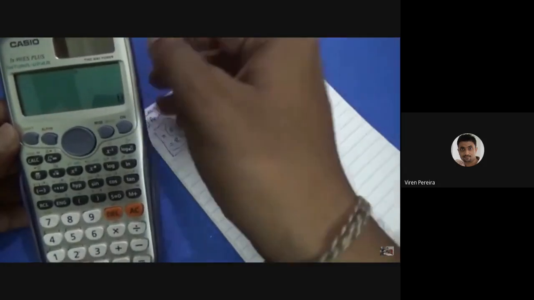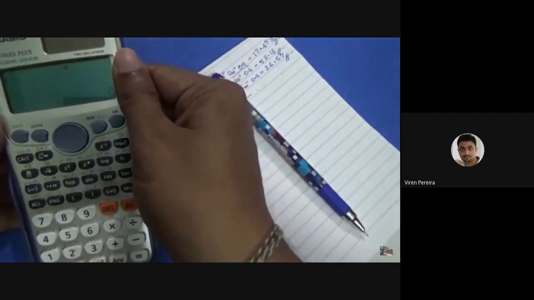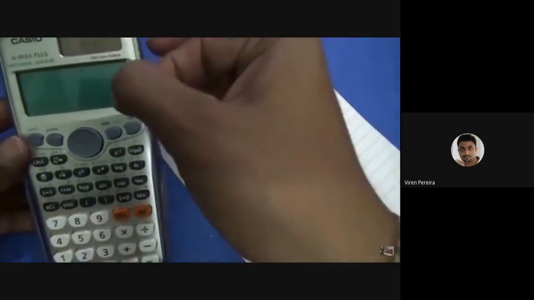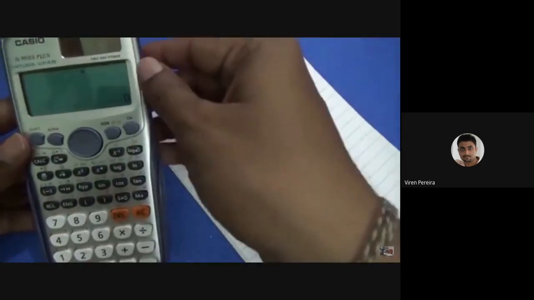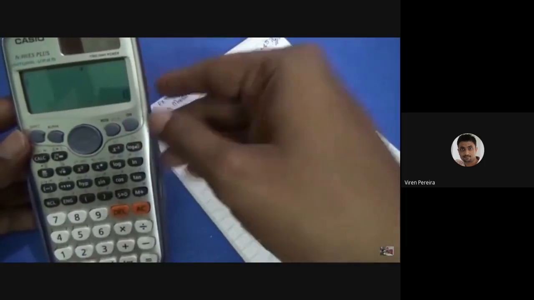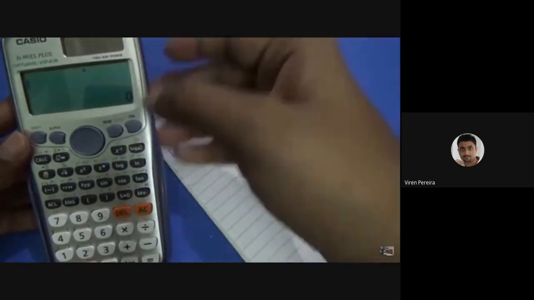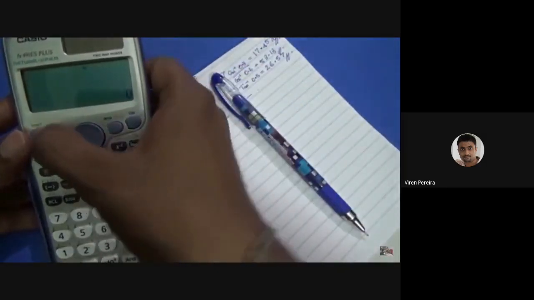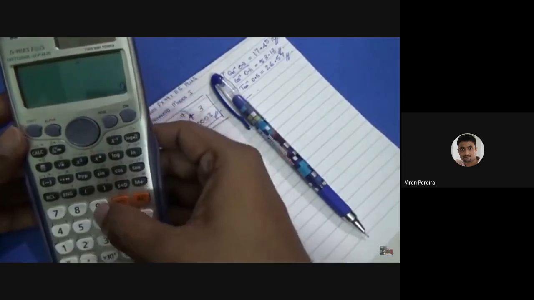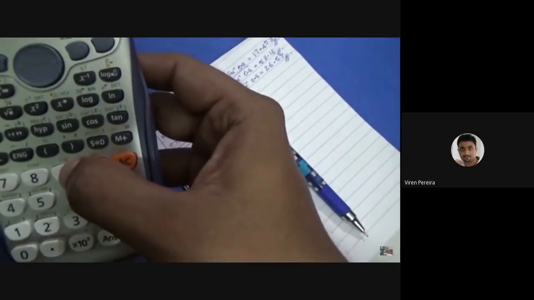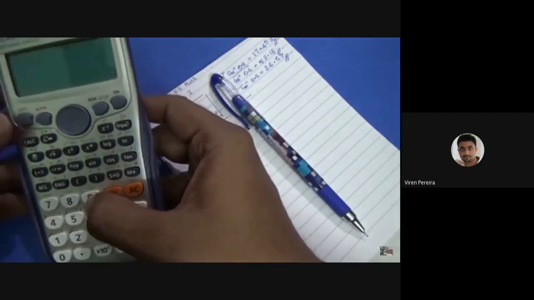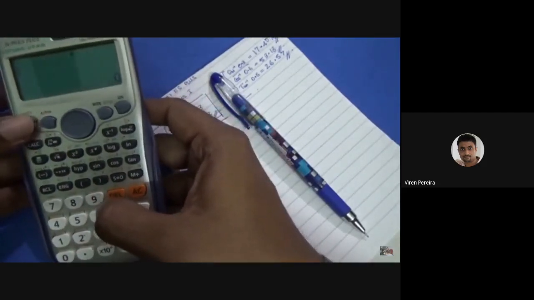But before we go to that, let's get the point that I made before, that when your calculator is bought new, does it come in this form? No, it doesn't come. So let's see. Let's put this calculator back to its default state. If you want to put the calculator to its default state, you see this 9, on top of 9 is something written as clear and it is in gold. So let's press shift to activate that